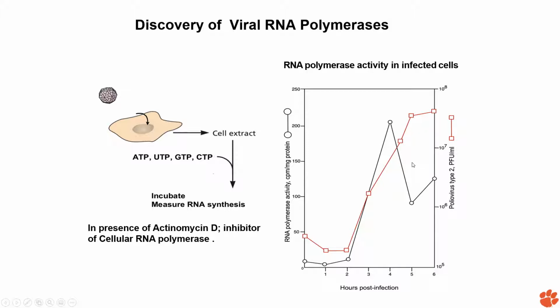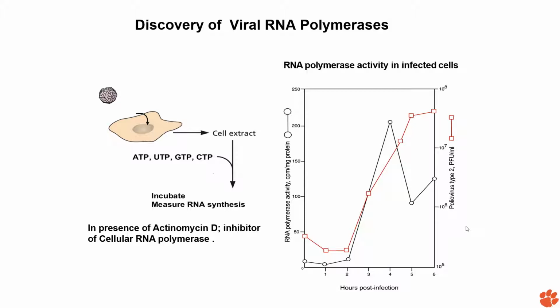And of course, this will drop down because the virus is killing the cell and they are just out of the cell. This was basically the seminal discovery. It pointed out that even with actinomycin D, this RNA is being synthesized, so this must be of a different origin. This must be viral origin. And that was the main thing, that the viral RNA-dependent RNA polymerase, the first time they named it that, is not inhibited by actinomycin D and is of viral origin.